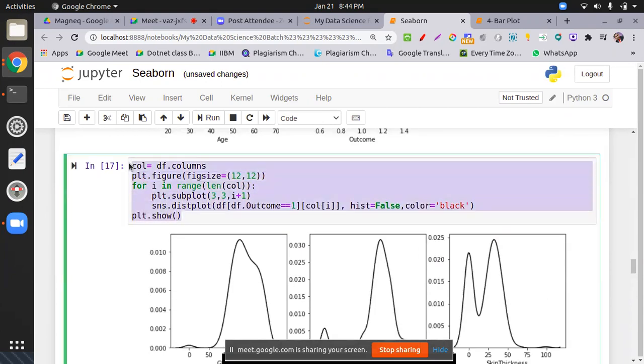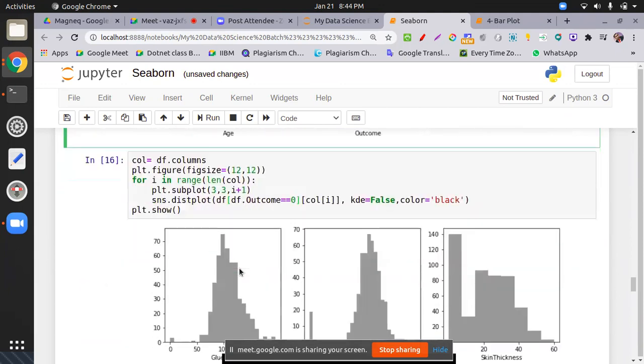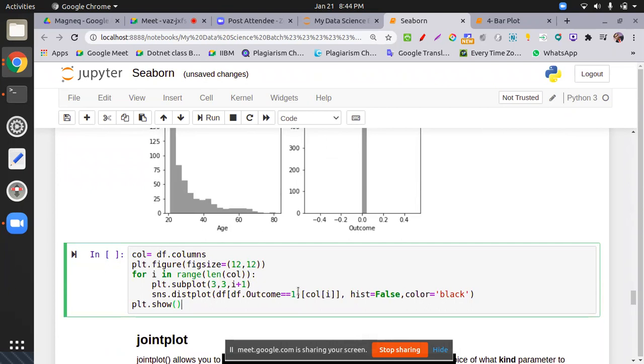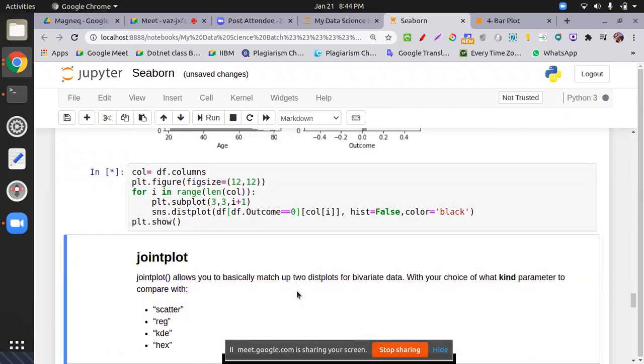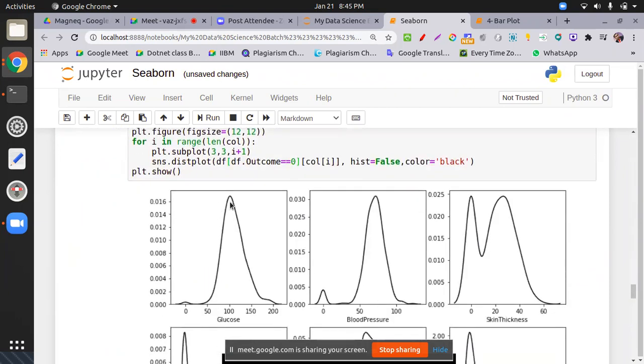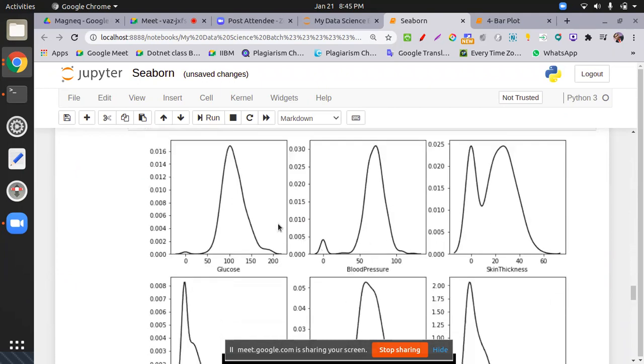Similarly, you can see the KDE for those who are non-diabetic. I'm just making you a doctor. All right, so you become an MBBS now. You can analyze what patient is coming to you and do this easily. The peak point is available at 100. So these are different partitions of the data set, different behavior of a single column, using blood pressure, skin thickness, like that.